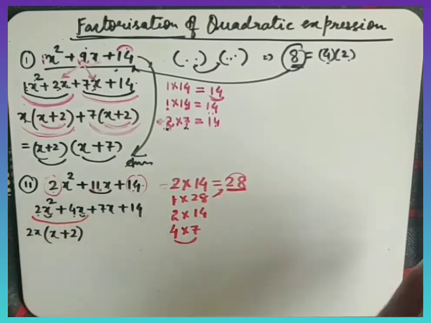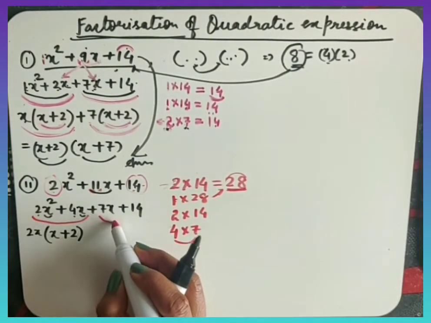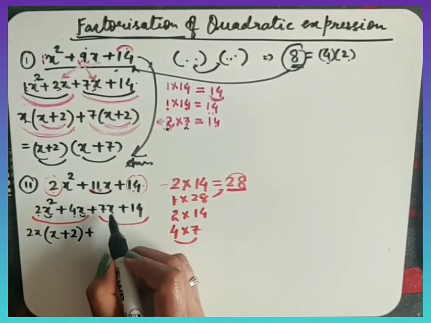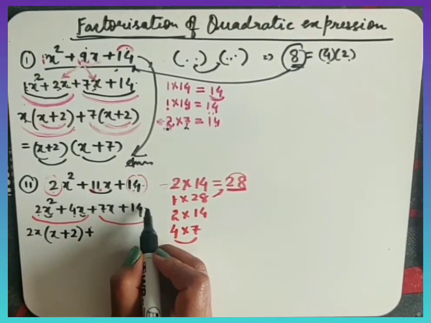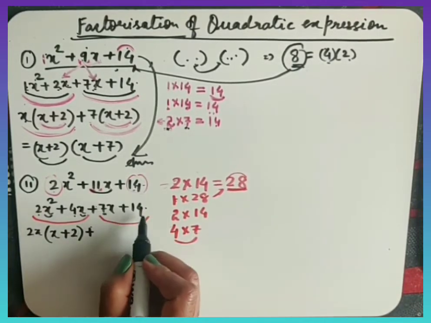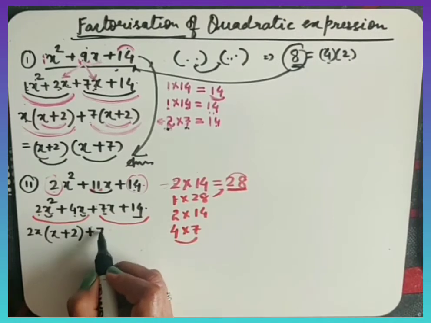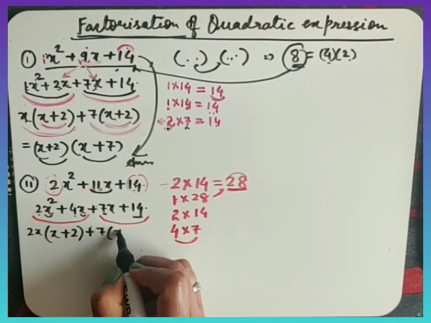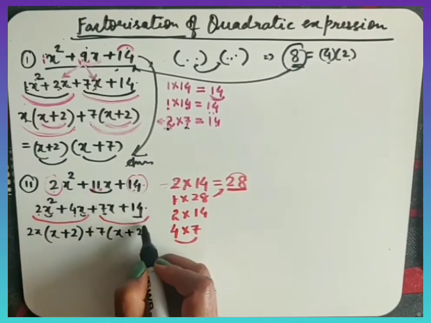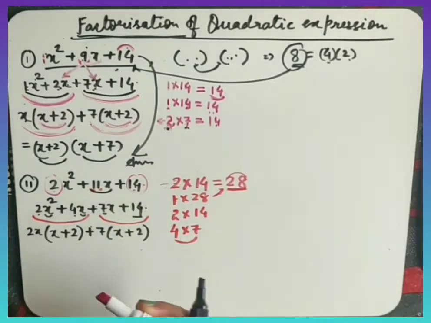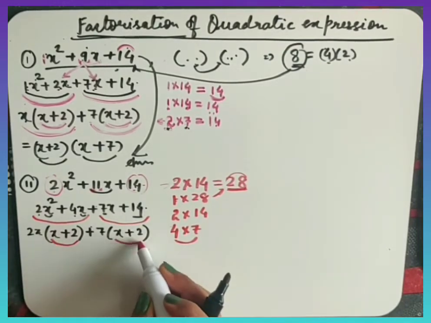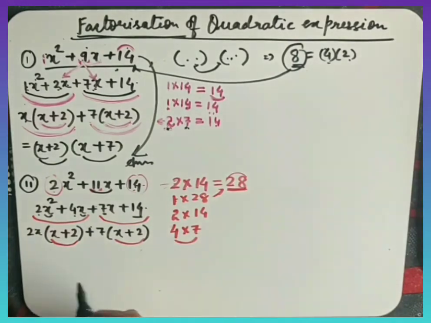Now think about these two terms. Don't forget to give the plus sign here, this plus will come here. Now there is no x term in the second term, so we can't take x common. But in number 7 and number 14, I can take 7 common. So take 7 and we have x left here, and plus 7 multiplied by 2 will give you 14. So x plus 2. Now check that you are doing it correctly. If we have these two the same, x plus 2, x plus 2, then we are doing it correctly.